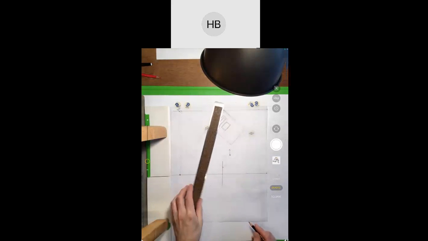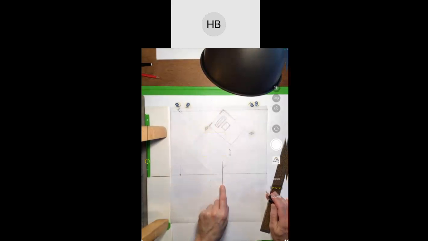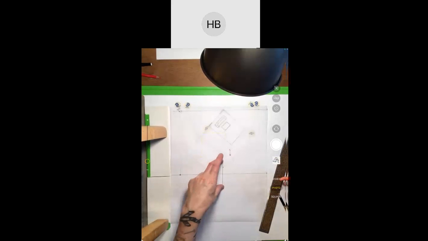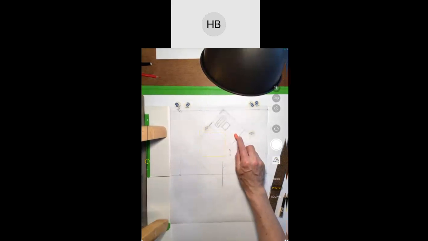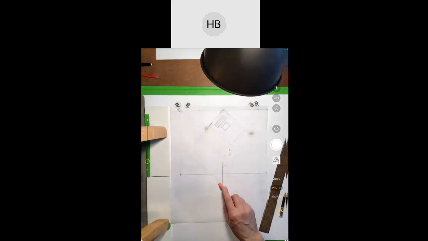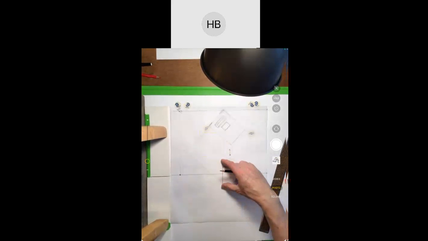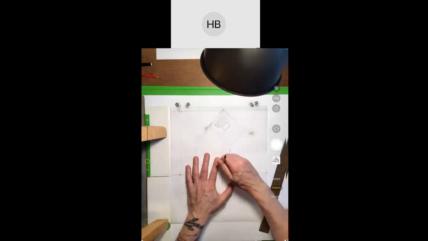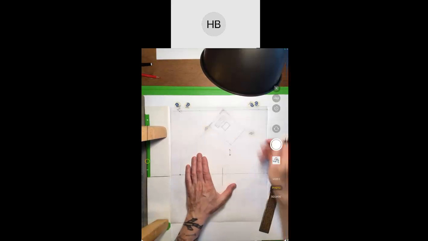So you want this to be straight down, and then the height of the perspective drawing is going to be in the same scale as your floor plan. So if your floor plan is 1/4 inch scale, your perspective drawing has to be 1/4 inch scale, and that means that this initial wall is going to be scaled to whatever your floor plan is. So if your floor plan is in 1/4 inch scale, and